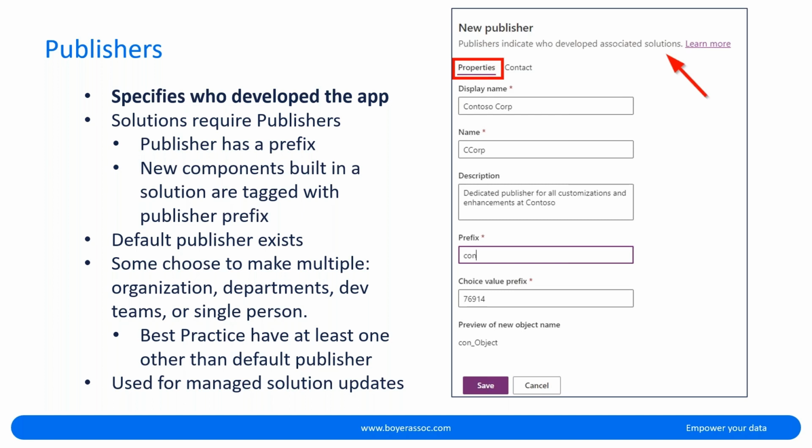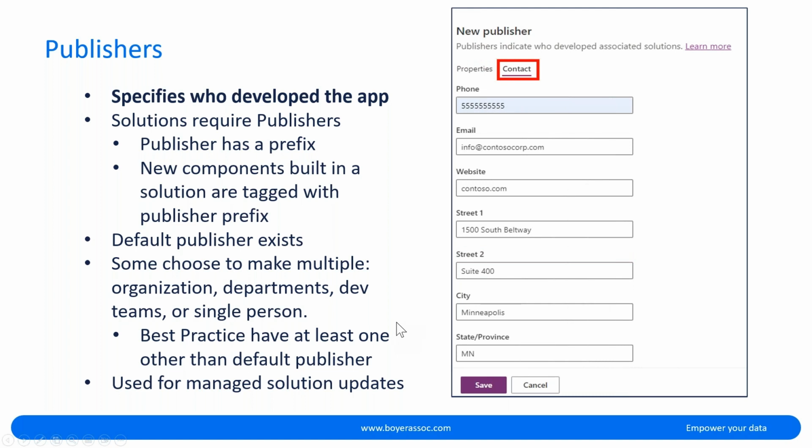So after you have created a publisher, you'll have a prefix, like in our case, we have CON as an example. So anytime that you create a new custom configuration, like a field or a view or a form, they all will start with CON underscore, and then you'll see the object. So in our preview on the right-hand side, you could see depending on the prefix, you would always have that prefix underscore the name of the object. So you want to make sure that once you have created that publisher, anytime you're making changes, you're using that publisher moving forward.